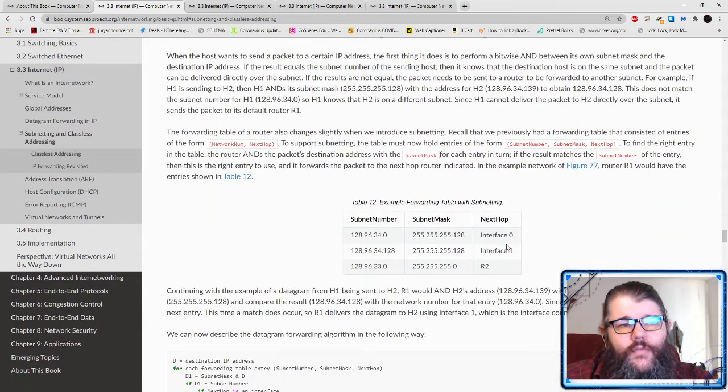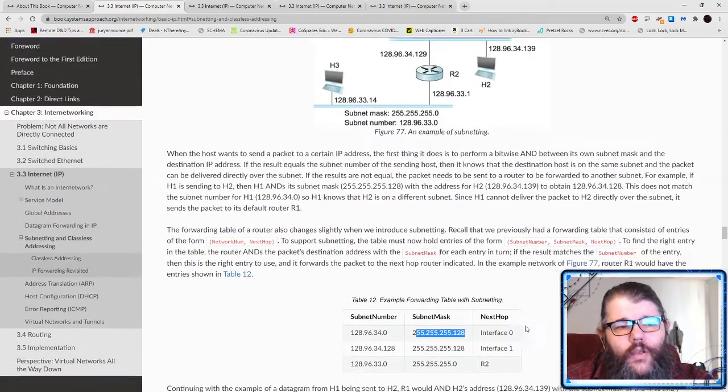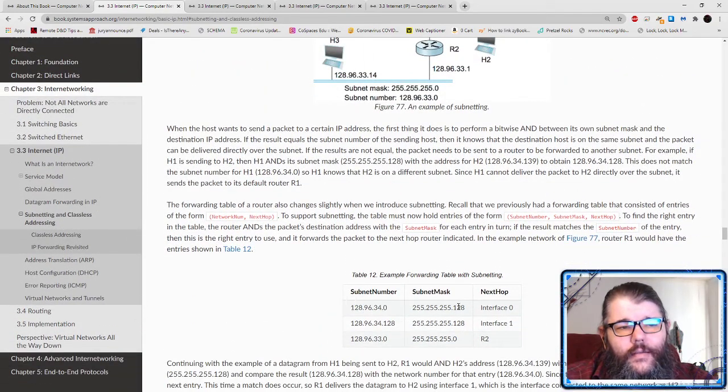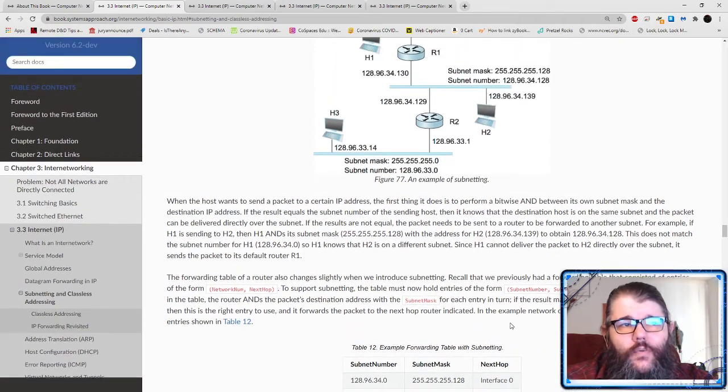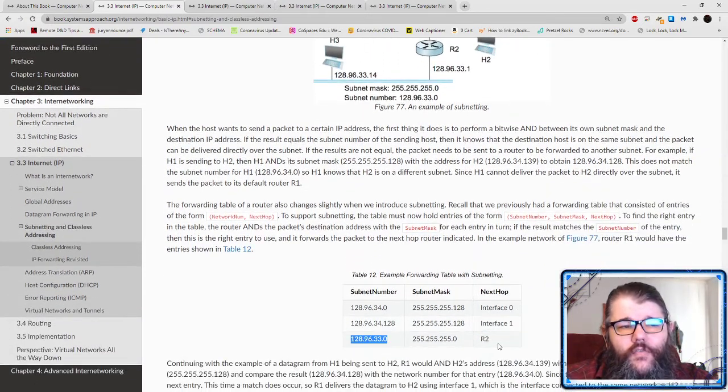So if you think of one of the hosts, you know that if you're in host R1 here, and you get something that's for this particular subnet with this subnet mask, you need to push it out over the top interface, and maybe that's interface 0. You know that if it's in that second blue line, you need to push it out over its bottom interface, and that's interface 1. And you know that if it's for this other subnet down here, that it needs to go to router number 2,